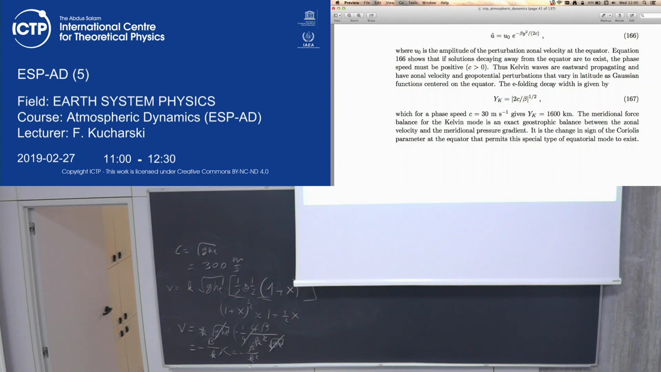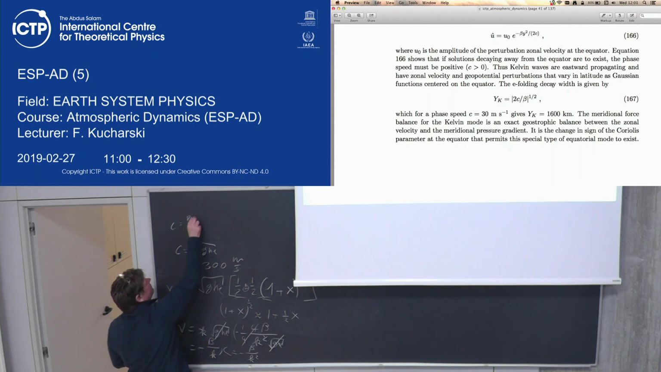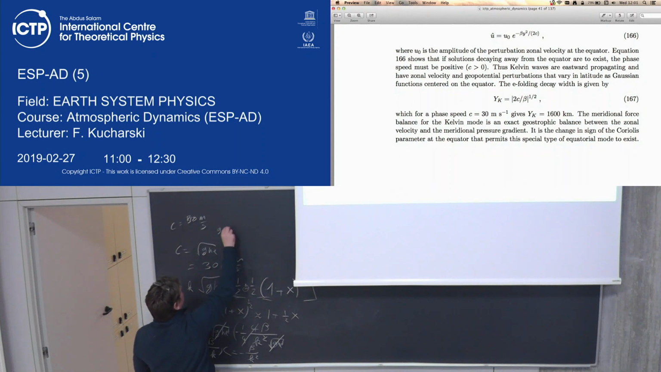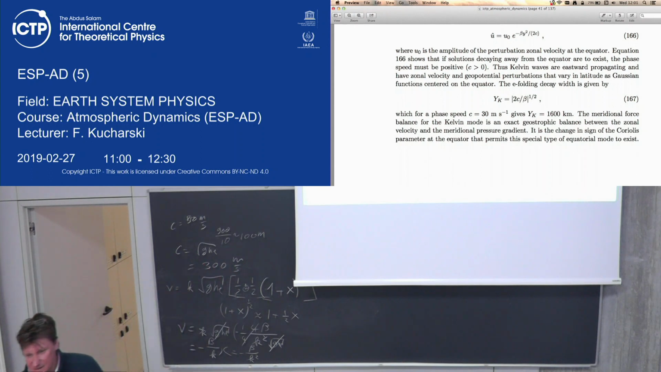So what the scale height now means, which is if you put C equal to 30 meters per second, then you square this. So 900 divided by 10, so about 100 meters would be the height here. What's the meaning of this? Don't ask me. If it was, let's say, okay,